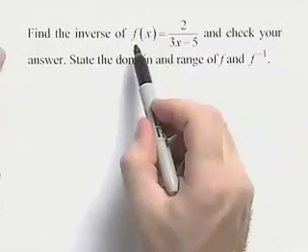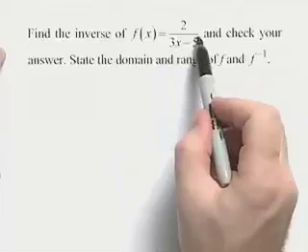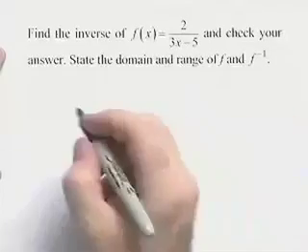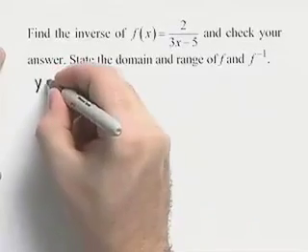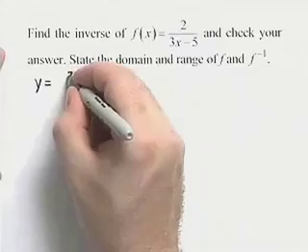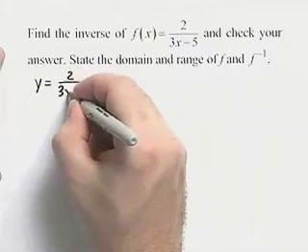For this problem, we're going to find the inverse of a function and verify our results, and then state the domain and range of the function and the inverse. We want to find the inverse of the function f of x equals 2 divided by 3x minus 5. We'll begin by changing f of x to y, so we have y is equal to 2 divided by 3x